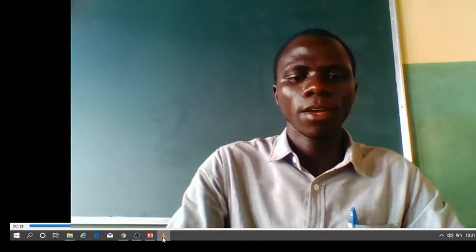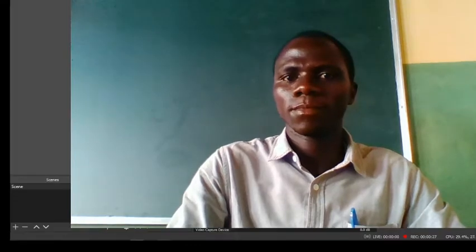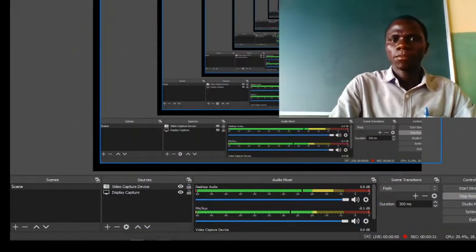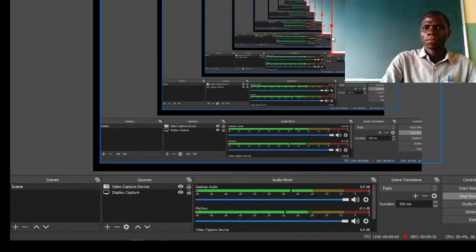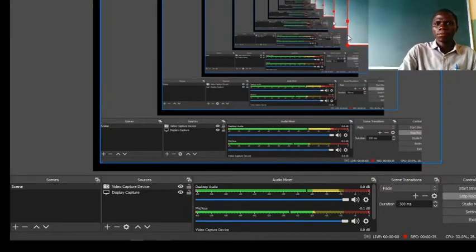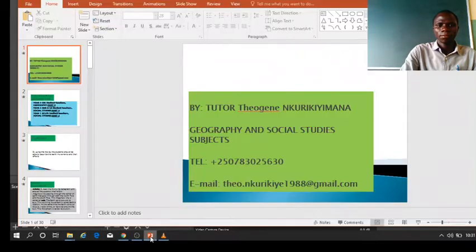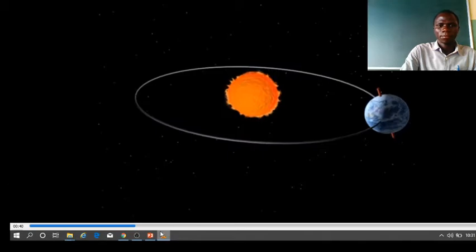Welcome. The axis is tilted at an angle of 23.5 degrees. The Earth rotates around its axis once a day. The tilt of the axis affects when seasons occur. When the axis tilts toward the sun, the northern hemisphere experiences summer, while the southern hemisphere experiences winter. In half a year, the Earth